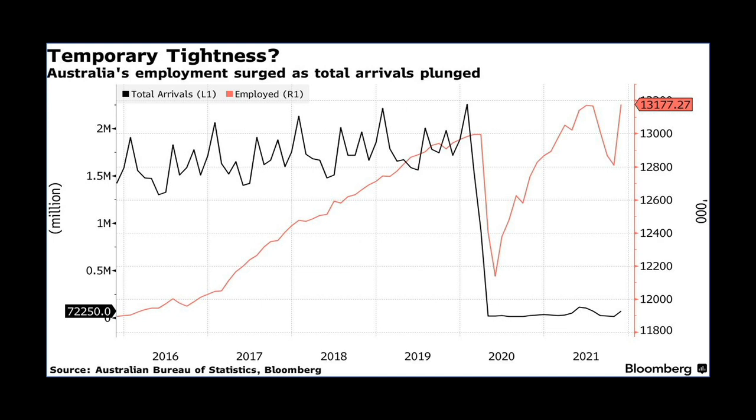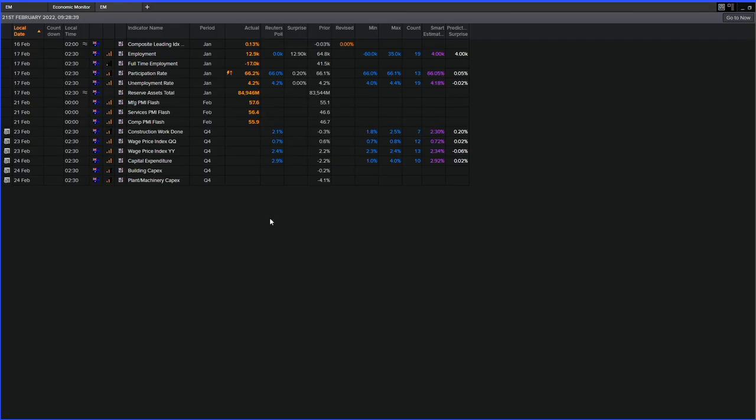Well, firstly, we're looking at that wage data. If we get a nice beat, something above 2.4, which is also the market's maximum expectation for this print, I think that sparks additional expectations that the bank is going to hike rates, possibly earlier than June. Even if they then don't hike as early as June, as long as it sparks expectations that it will, it should be enough to provide some additional upside for the Aussie dollar.